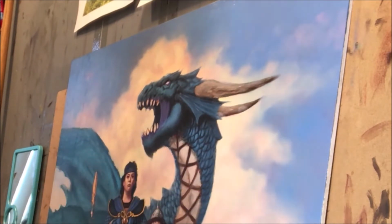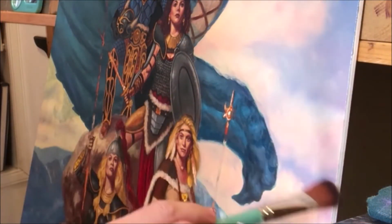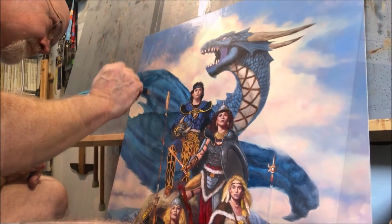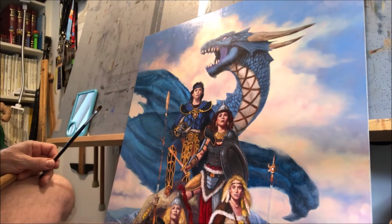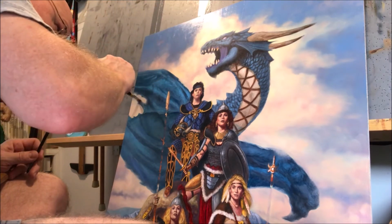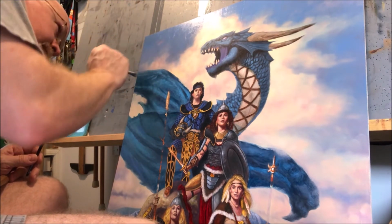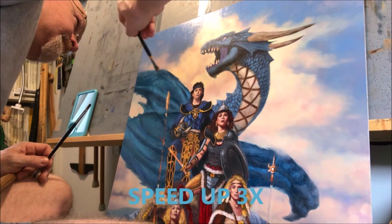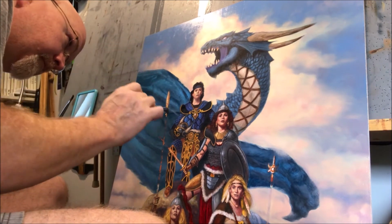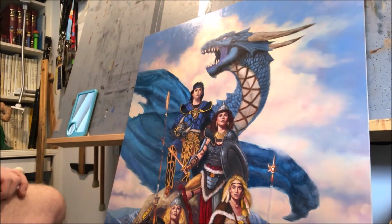But you can dust it down like that, then even go back into it and establish a few more edges if you feel like the brushwork is too obvious or too strong for any area. Okay, now here it looks like I'm not doing anything to the piece, but I'm actually brushing. I'm brushing clear Liquin onto the painting at this point, and that's going to let me really blend and work into this wing. Most of what I have on that wing, even though it looks a little rough, I'm pretty happy with the anatomy. I can at least clearly see where the arm and the muscles and certain things